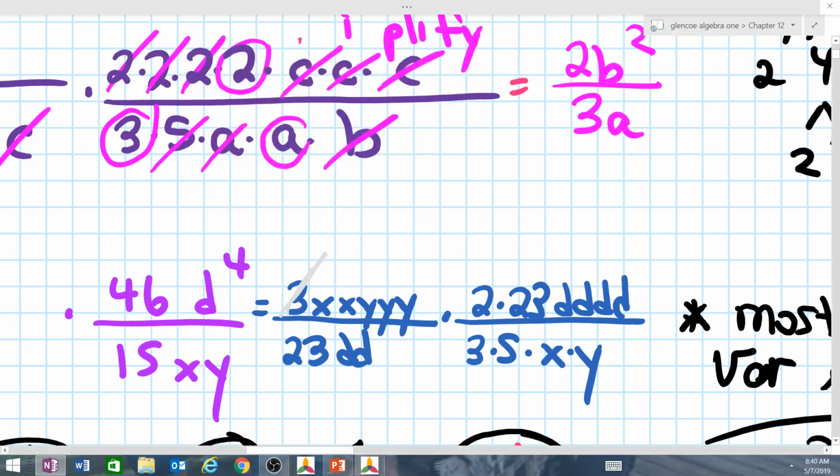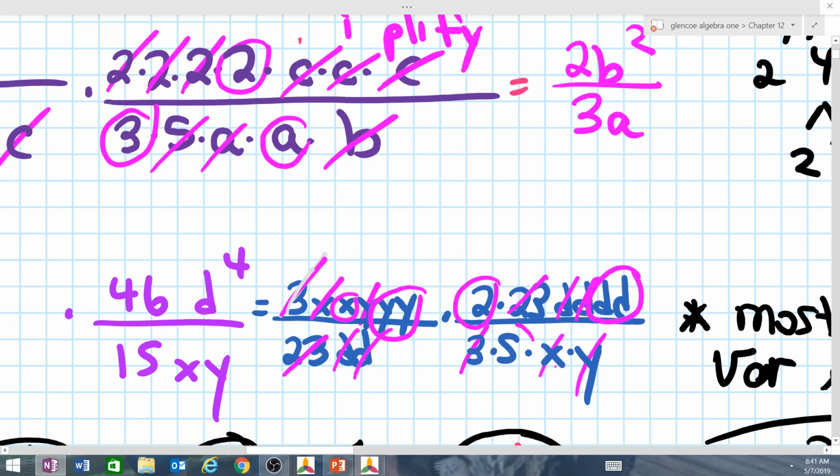Okay, the 3 and the 3. 1x and 1x. 1y and 1y. How about the 2's and 3's and 2d's? Yes? So that leaves me an x times y times 2 times d